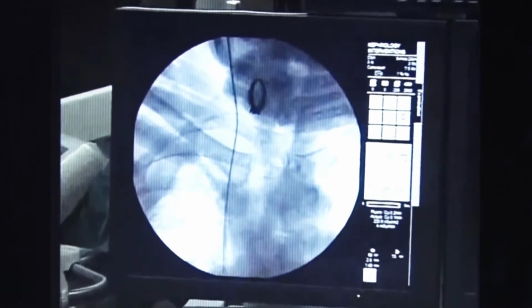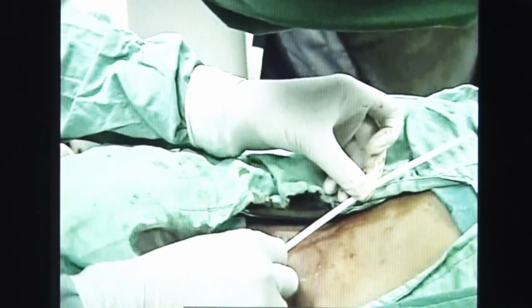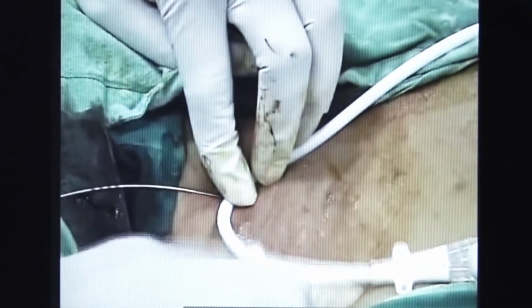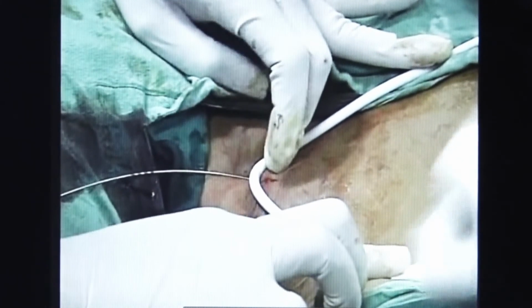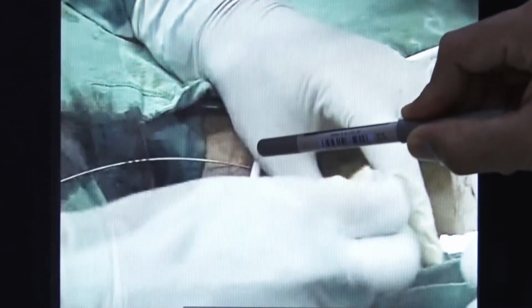Again, under ultrasound guidance, the guide wire is introduced and we ensure that the guide wire is passed into the IVC. What we do next is place the catheter on the chest wall and try to measure the exit point. A smooth curve has to be there so that there are no kinks. With the help of the cap of a needle, we make a mark on the skin surface to be sure where our exit point would be.